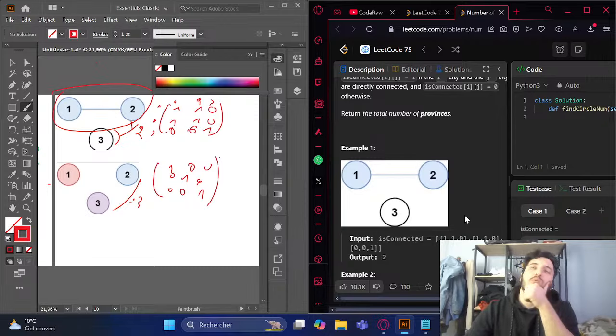How are we gonna do this? It's once connected to. So I think if it's connected, I'm gonna make a counter. If it's connected, I'm not gonna